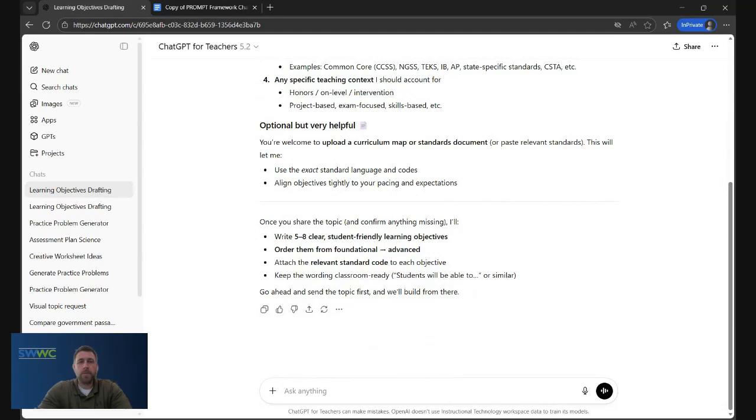But the other part that it puts in here is optional but very helpful. You're welcome to upload a curriculum map or standards document. My suggestion with productivity is that whenever you can, upload things like standards, these documents that have already been created, upload your curriculum maps, when you're doing things,